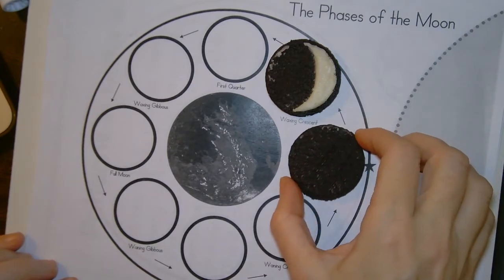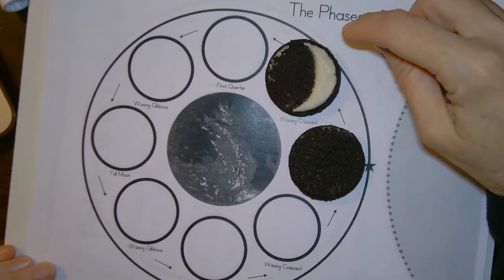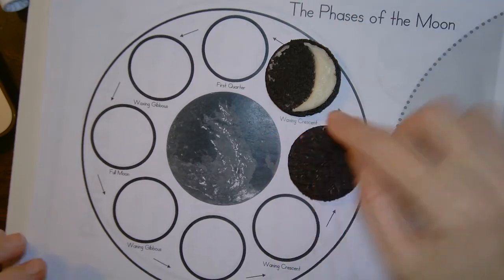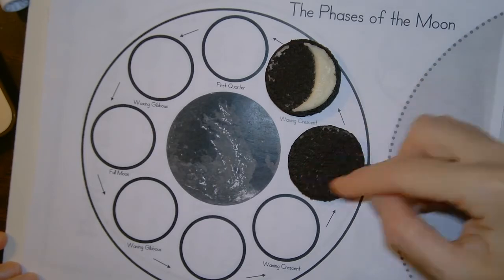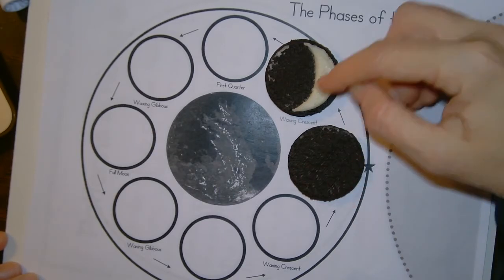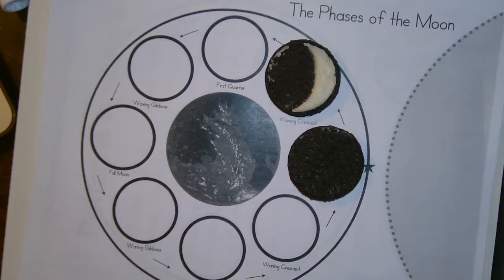I'll let you figure that out with your family. So here is what the waxing crescent of the Oreo can look like. Okay, waxing means we can start to see a little bit more. We started here on this day of the month, we couldn't see any, and then a few days later, we can see a crescent. Sometimes we say it's just a sliver, but we call that a crescent, and in here it's a waxing crescent because it's getting larger, or it's not that it's getting larger, it's that we can see